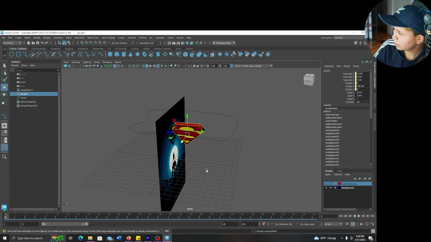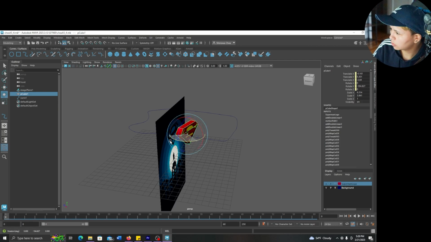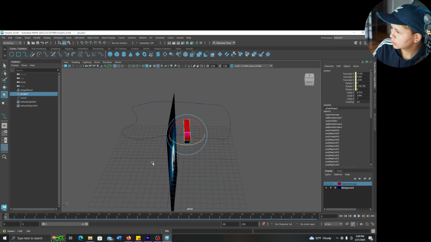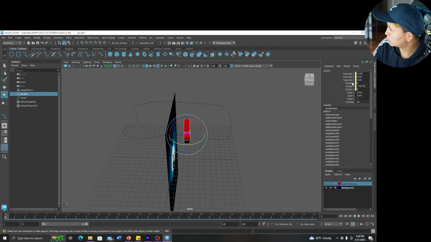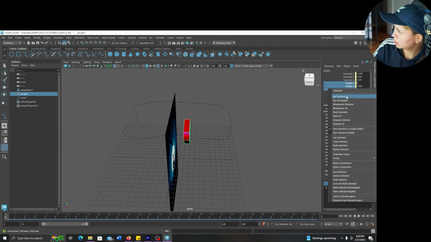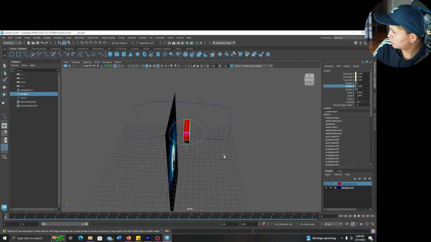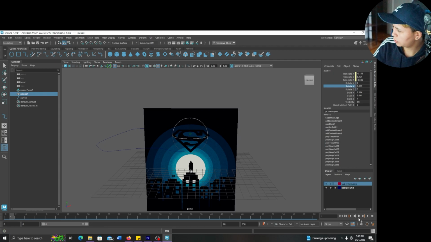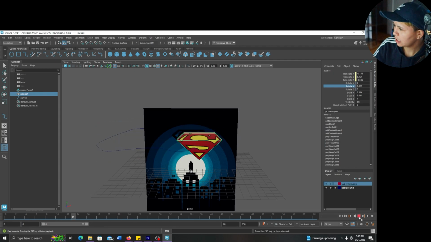But we're getting somewhere. So what we want is for our object, let's see, we'll rotate it back to the way we want it, as so. Right, yes. And then we'll go ahead and do key selected, and then we'll go ahead and do maybe lock selected. I don't know. There we go. So now if we do play,